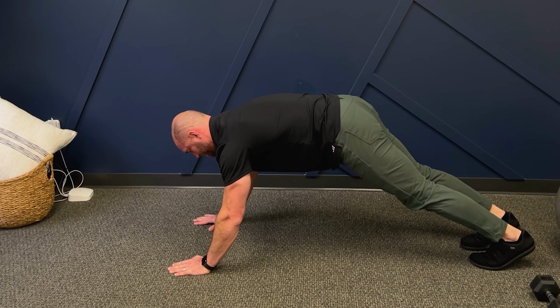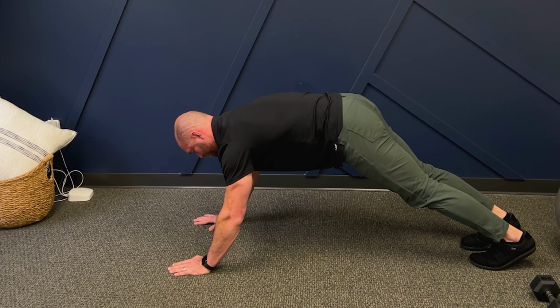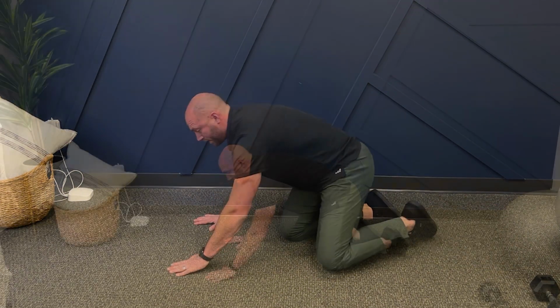We push up a little bit more. And after 5 seconds, I push up a little bit more. And after 5 seconds, I push up a little bit more. So I'm doing the same thing. It's a 30-second hold. Now, if you want to isolate it a little bit better, then we'll get into a